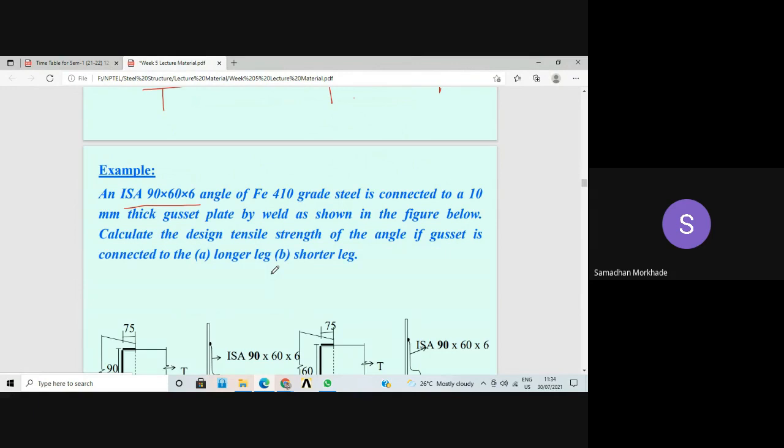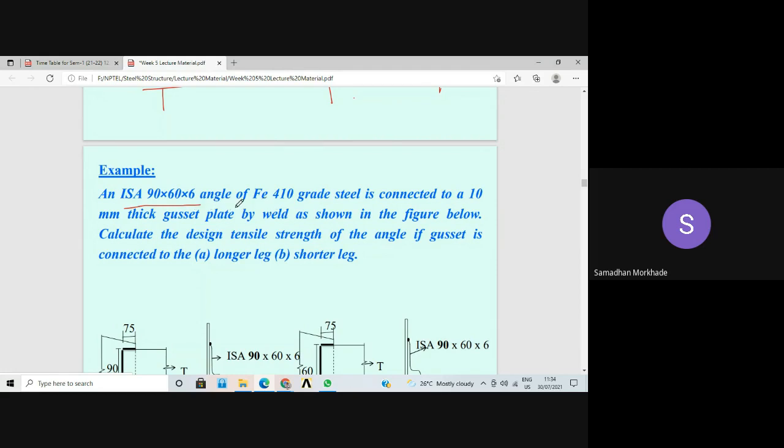Like for steel design, you must read Design of Steel Structures, Limit State Design of Steel Structures by SK Duggal and Subramanian. SK Duggal is an excellent book. At least one book you must read for every subject. And now I think you are not reading the books, you are totally relying on local publications and a few notes. And that is a very dangerous thing for you people.